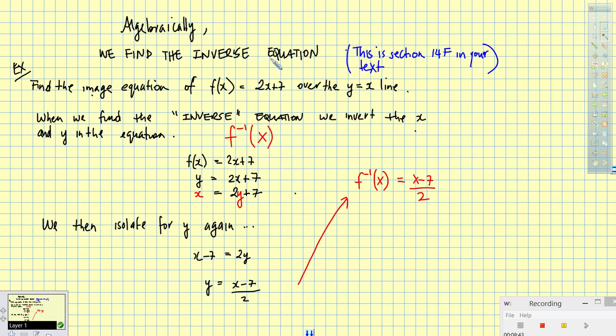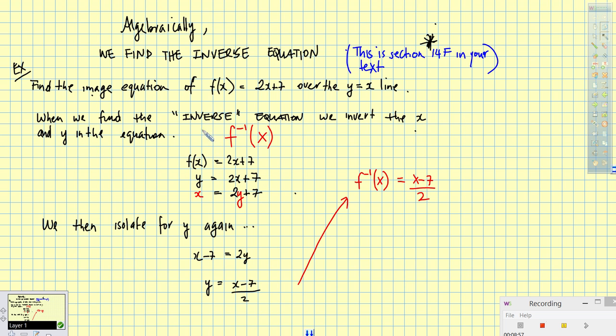Okay, so algebraically, this is section 14F in your textbook, so you must be very well aware of this because we are going to be working in section 14F, and we're starting right now. Algebraically, when we have to find the inverse equation, I don't want to figure out where it's going to be on the graph, but I want to know algebraically what my new equation is going to be. Then what I do is, we do exactly the same thing as we did graphically,